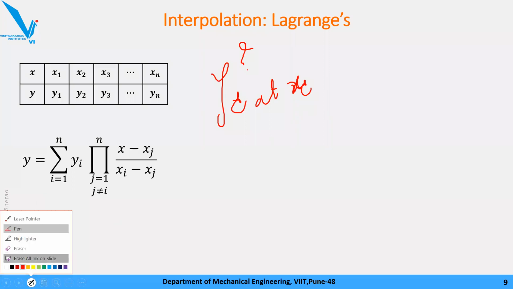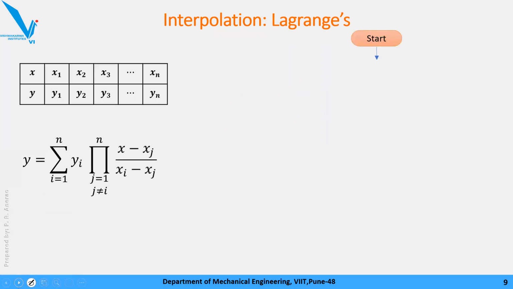So in our program, you will start in a script file, then the input of x, y and xr you will provide.